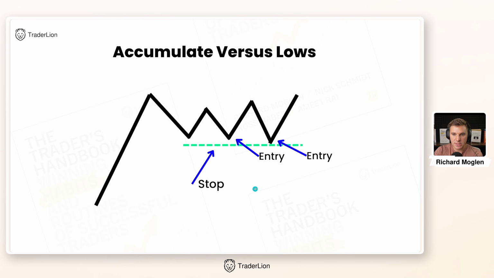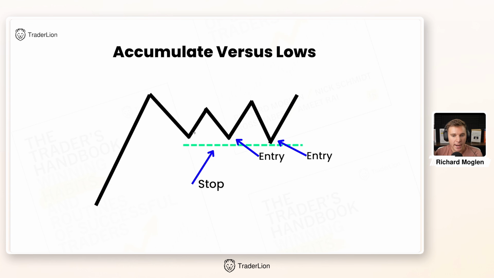So let's dive in a little bit deeper to each of them. So again, accumulate versus lows. We've got maybe a move up the right-hand side of the base. We have a range for 3, 4, 5 days. It looks to be respecting a level. And every time it's pulling back into this general level, we're looking for a bounce off of that level or just respect. On an intraday chart, it's forming an intraday low versus that level,